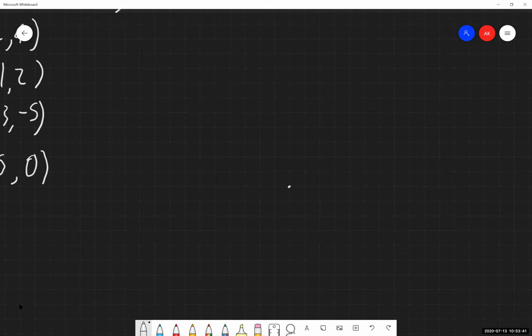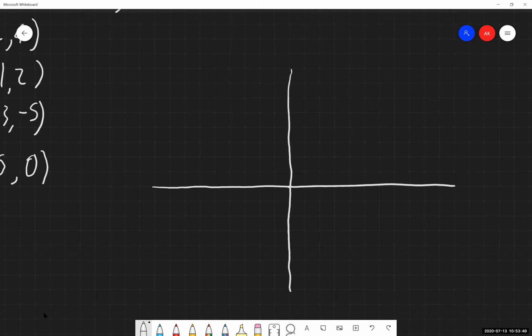I'll set up my horizontal axes. Horizontal one there. Vertical one there. So I have my horizontal, vertical, good to go. Next thing we need to do, label your axes with X, Y, T, H, etc. So I have my horizontal axis is going to be X, vertical axis is going to be Y.